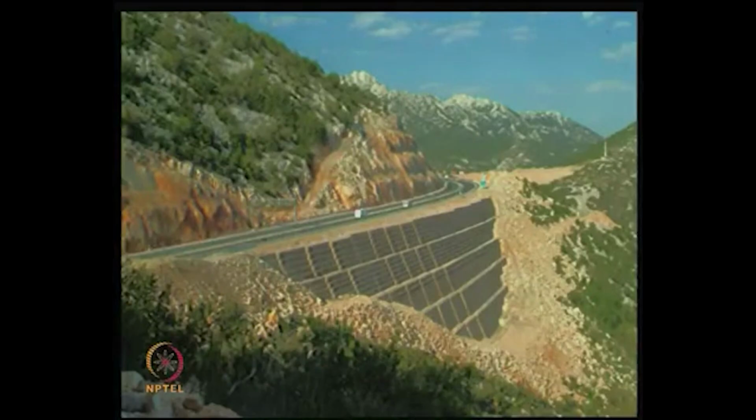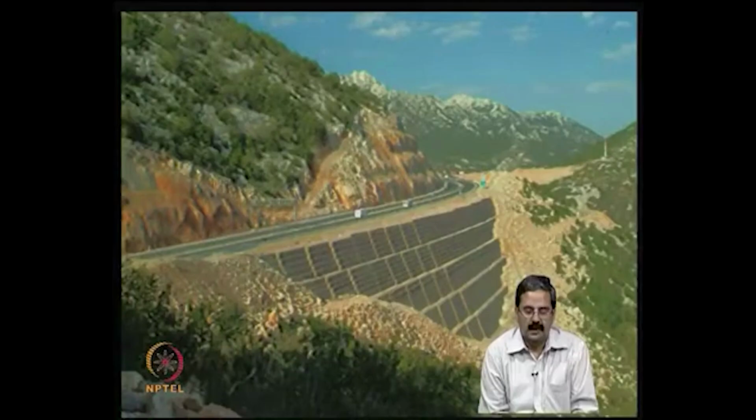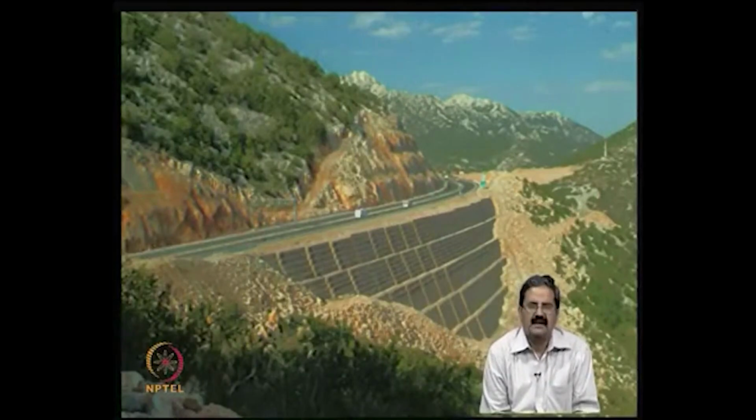See, in fact, 8 meters is one, but suppose you want to go for say 40 meters. Some time back I visited two reinforced slopes. One is 22 meters high, which is doing very well, and then I visited another one which is supposed to be 42 meters high, one of the highest walls, but it had some problems because the field engineers have not understood the behavior of reinforced